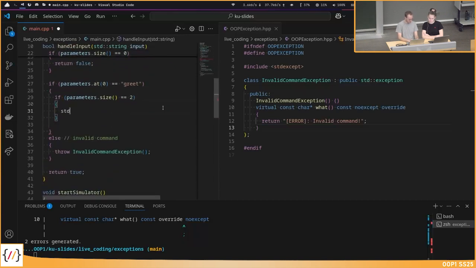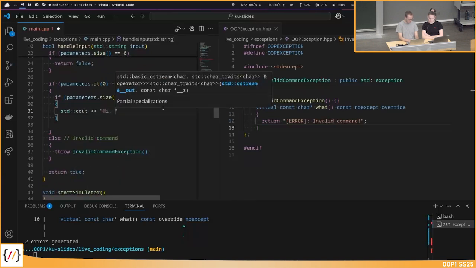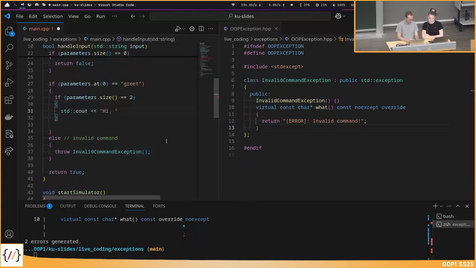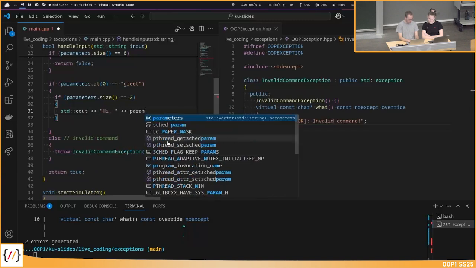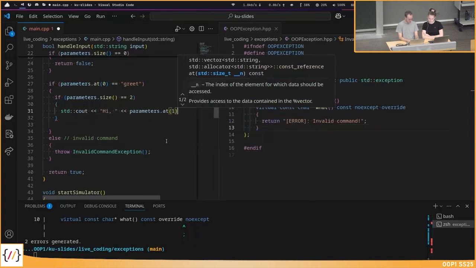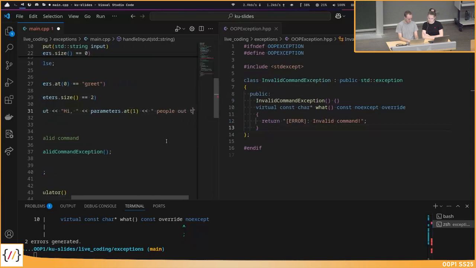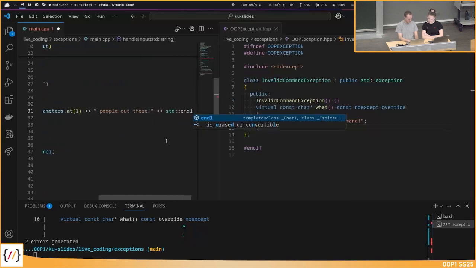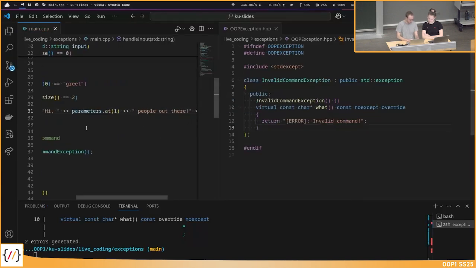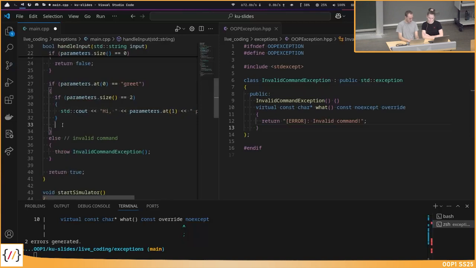If it is 2, then maybe we do the right thing. Hi, parameters at 1 people out there. So then we print this message and everything is fine. And else, if this is not correct, then I maybe throw another exception.